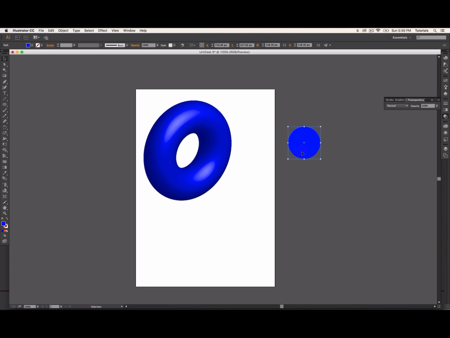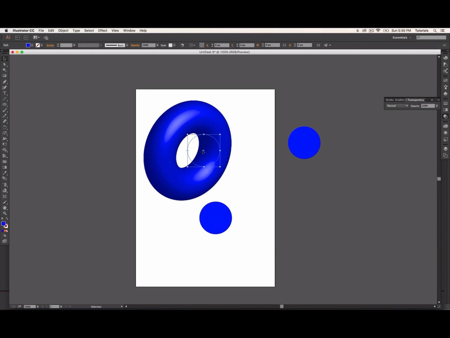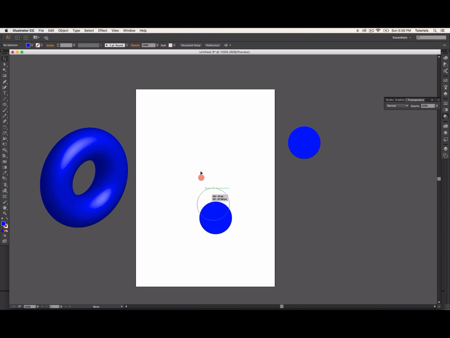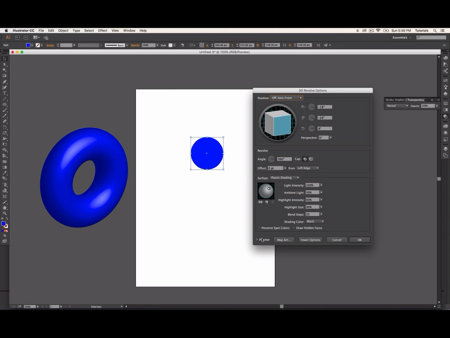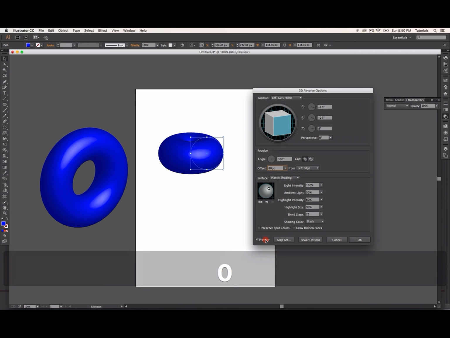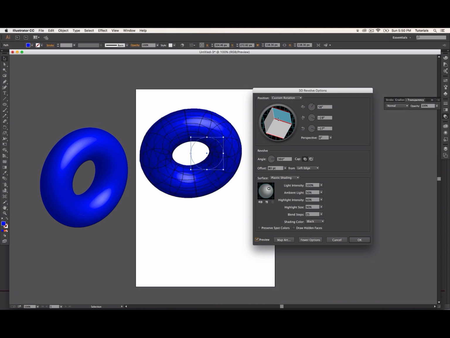So I'm just going to hold Alt on keyboard and duplicate and bring it in center. I'm just going to grab the other one and bring it on the left side just to make some space. All right, so I'm going to make this new one and go Effect, 3D, Revolve. And I'm going to click the preview check mark and then go with 80 and click uncheck. All right, here I have a shape,